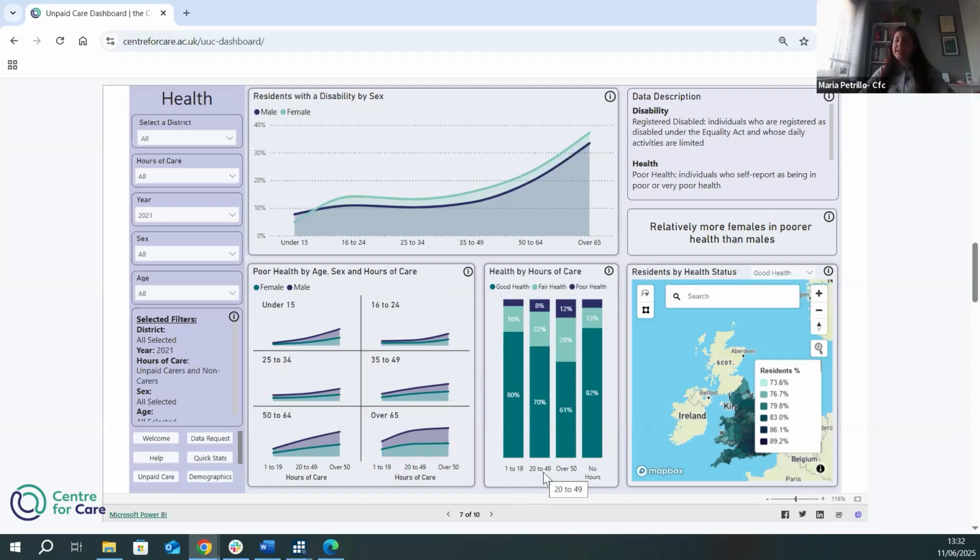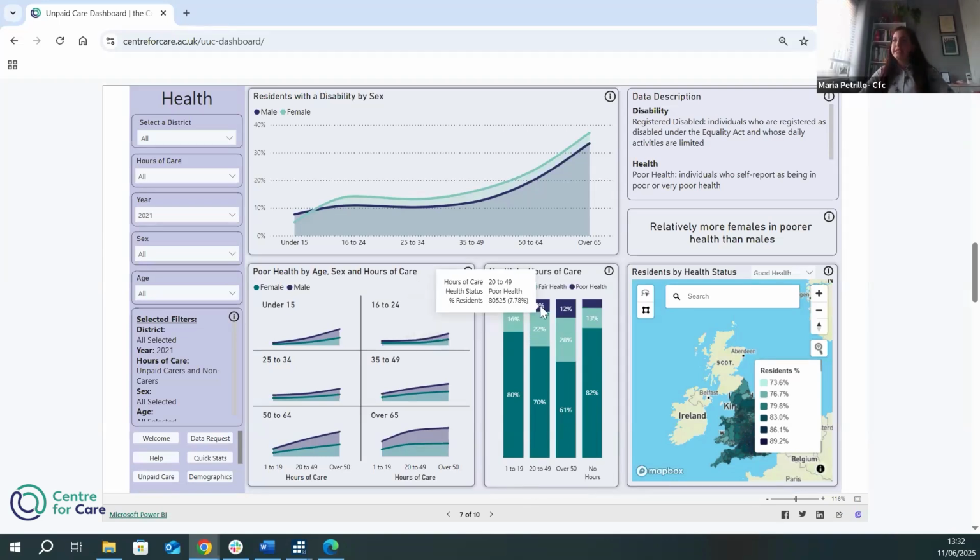This bar represents 20 to 49 hours of care. These are over 50. Those providing no hours of care are what we define as the non-carers. And you can see that of those providing no hours of care, the percentage who report poor health is 5.36%. Now, if we instead study 1 to 19, this goes to 4.26%.